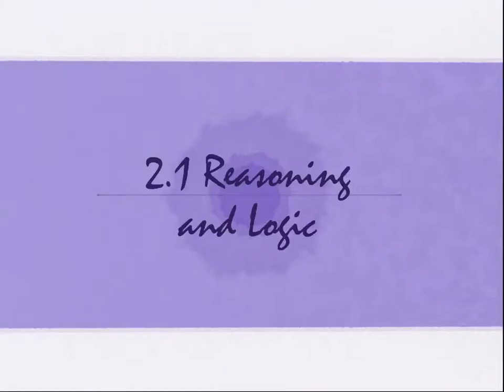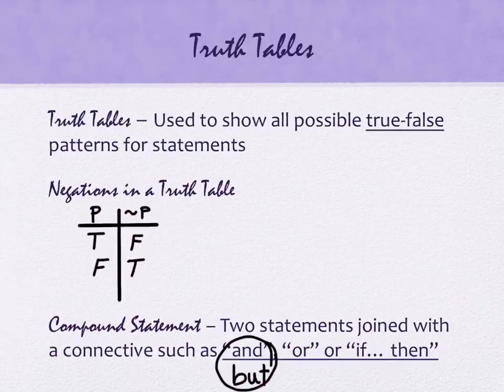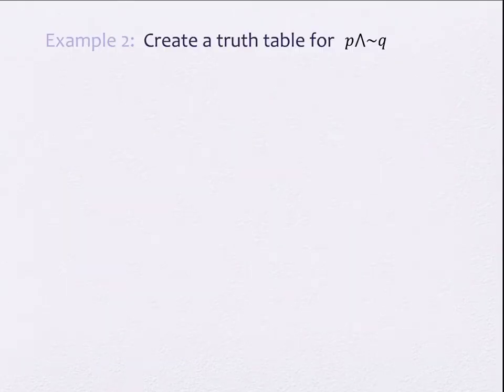Last time we started section 2.1, reasoning and logic. We talked a little bit about something called truth tables, and we had encountered 3 different types of truth tables. The first one was a very simple negation, right? If something's true, its negation is false. We also encountered conjunctions. Those are ones with the and statement. Those are only true if both individual statements are true. And we encountered or statements, or disjunctions, and those are true anytime either piece of the 2 statements is true. So today we're going to continue in our discussion of truth tables with a truth table that's got